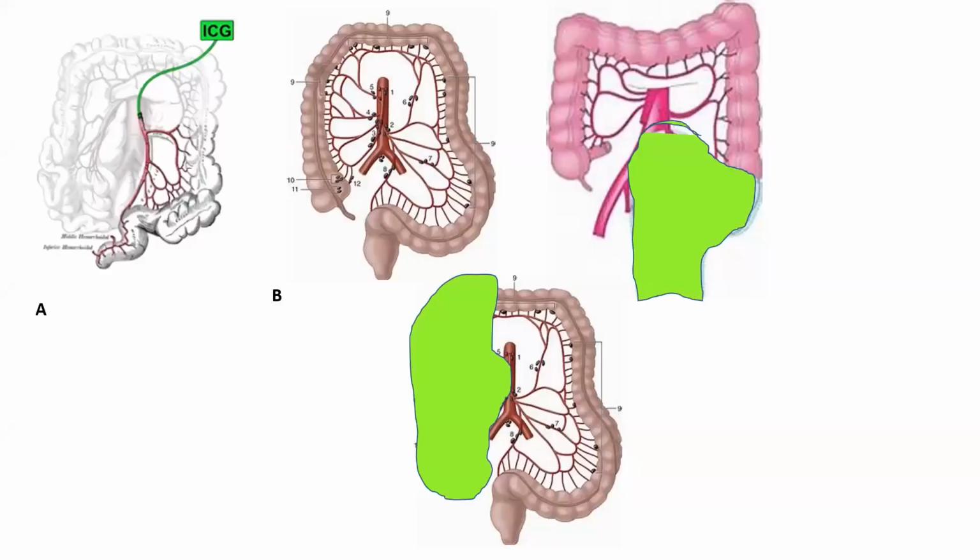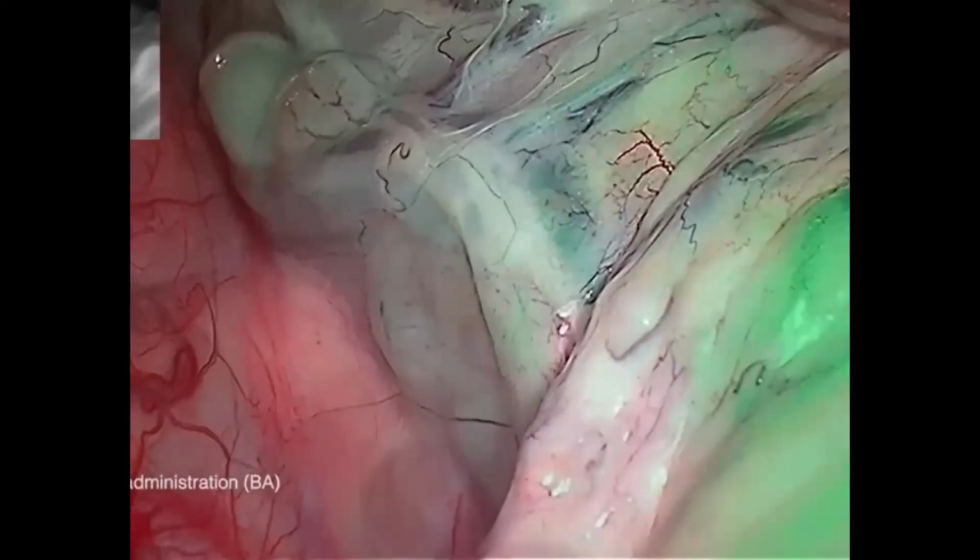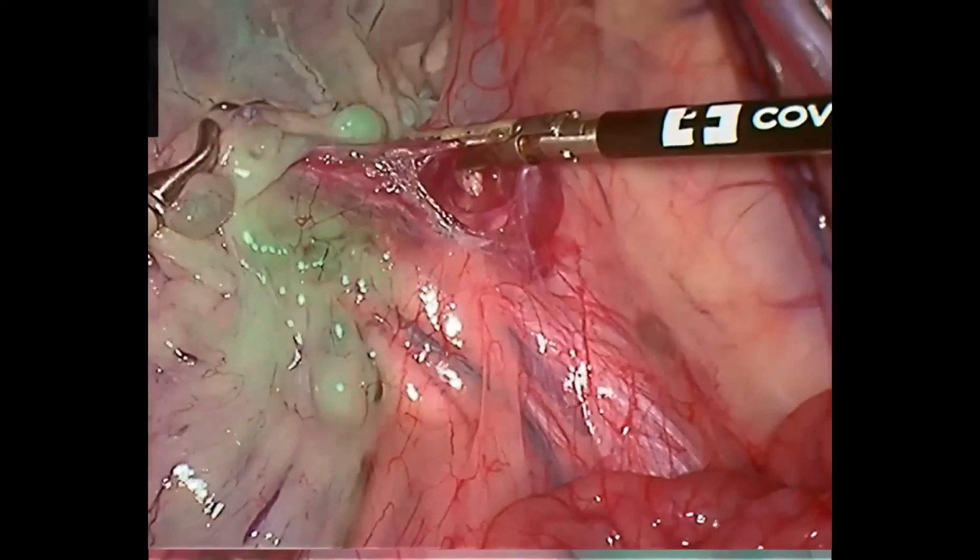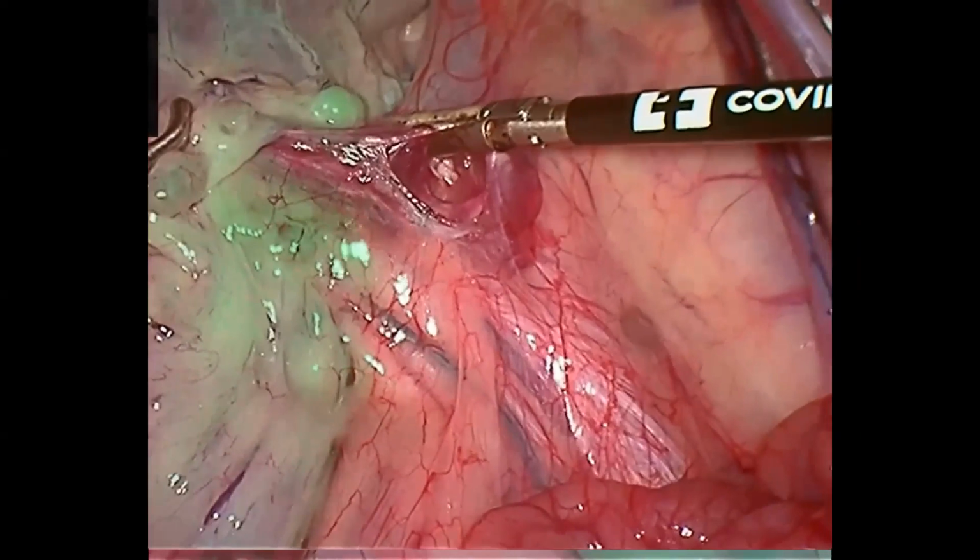So only the area which is supplied by the inferior mesenteric artery and which we want to remove, whether we want to do a left hemicolectomy or anterior resection or very low anterior resection, that can be done. Similarly, a right hemicolectomy can be done. So this is a video of how the embryological planes can be